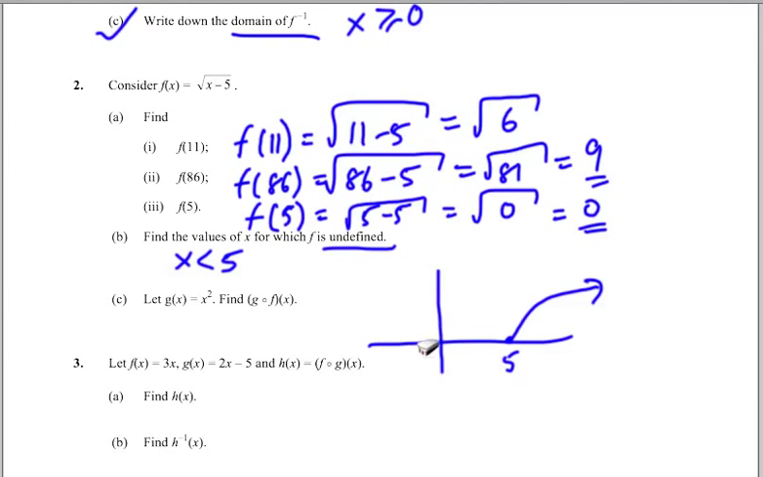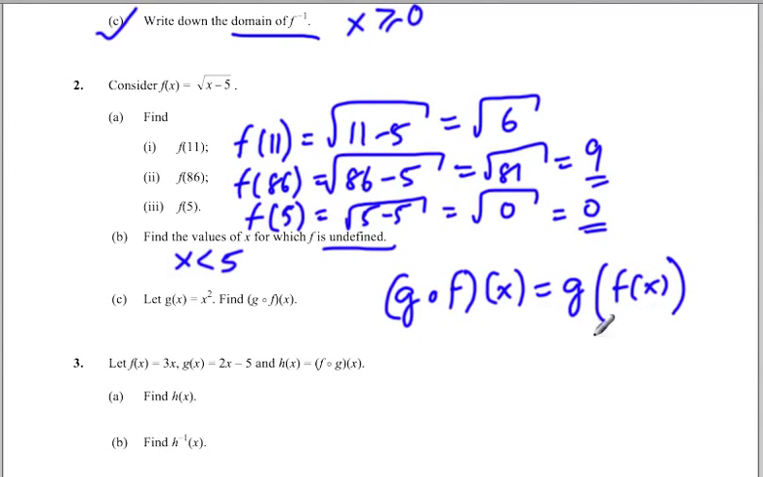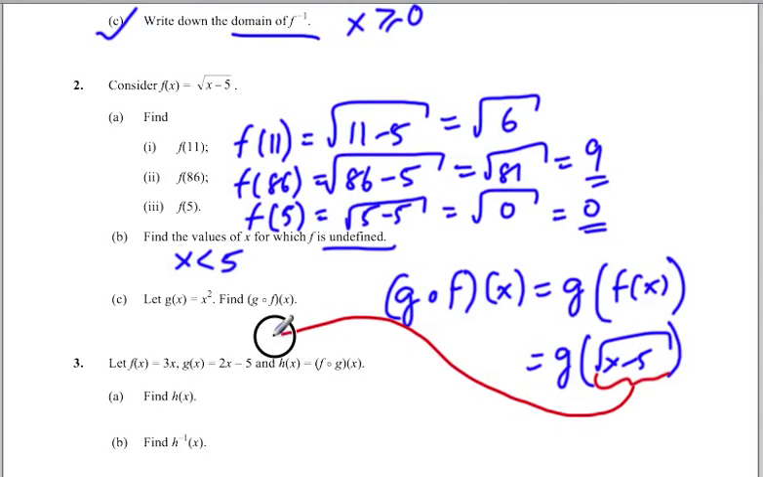Now I just need a little room to do c. Let g of x equal x squared. Find g of f. So g of f of x is the square root of x minus 5, right? And remember, all we're doing is just taking this argument right here and plugging it right back into